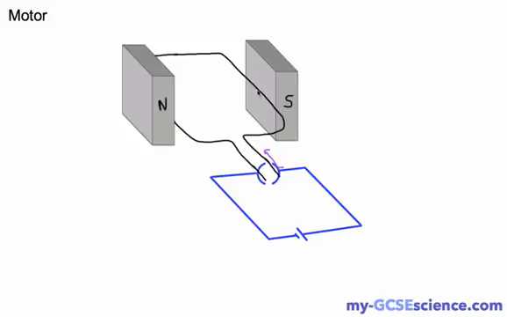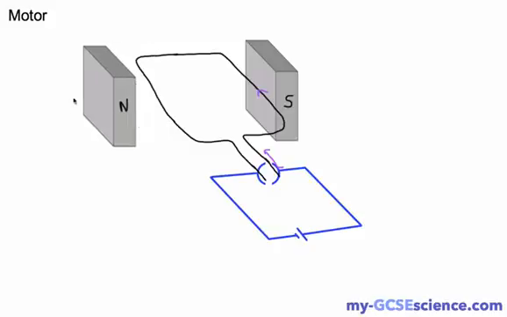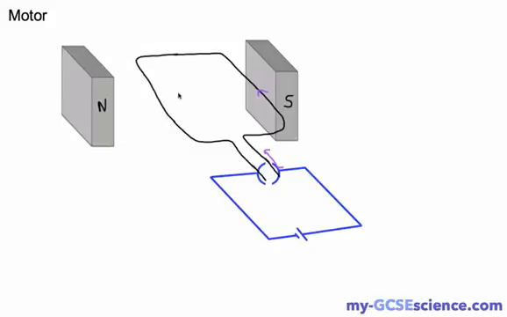For this end of the wire, it's flowing that way, and in the other end, let's just move this out of the way, it's moving in this direction, and we can work out which way this motor is spinning based on what we just learned about Fleming's left-hand rule. So here's our Fleming's left-hand rule. That's the way the finger and thumb should be, and if we work it out for this end here,